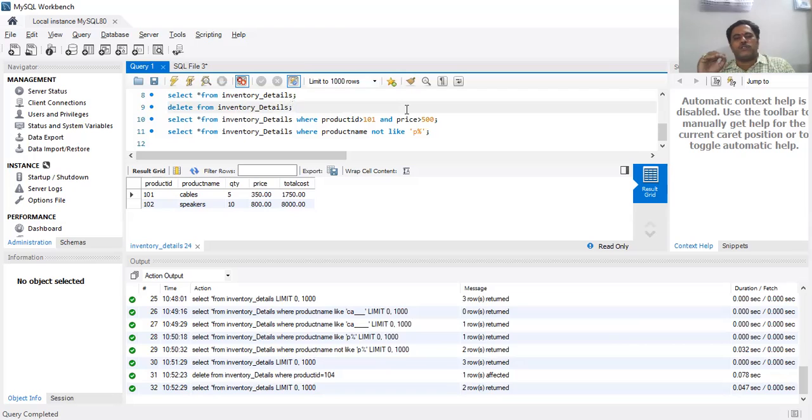Whereas the update statement is used to make changes to existing records. If there is any mistake in the record, or if you want to do calculations depending on previous columns, all of this can be done with the help of the update statement. And finally, the delete statement is used to remove a record from the table if it is no longer required. But generally, the delete statement should always be used with the where clause, because without where, the command will remove all the records from the table. That's why it's better to use it with the where clause. So these are all the 4 DML commands that we have discussed.